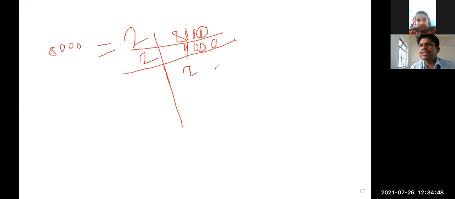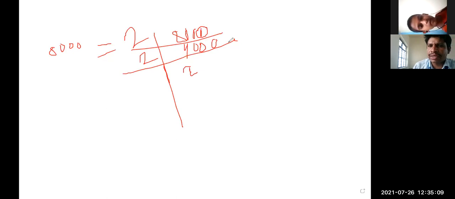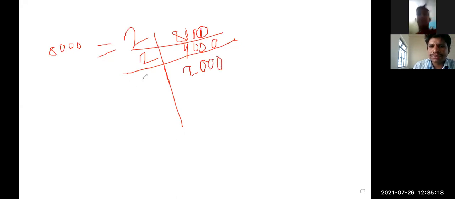So here we are applying the 2's divisibility test, which is that in the given number, at the unit place, if 0, 2, 4, 6, 8, like these numbers are present, then that number is divisible by 2. Which numbers? 0, 2, 4, 6, 8. Now here 0 is present, so we can divide by 2. This 3 0s, 2 0s are 0, 0s are 0. Again we can divide by 2.